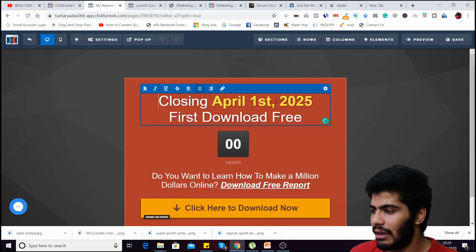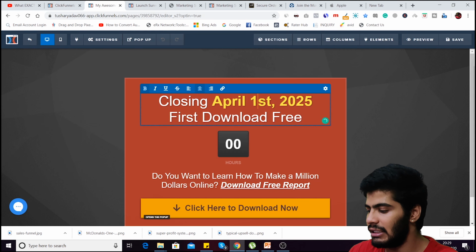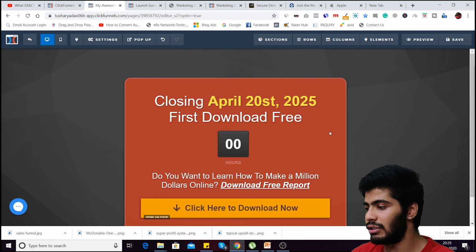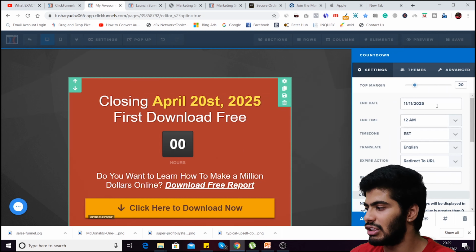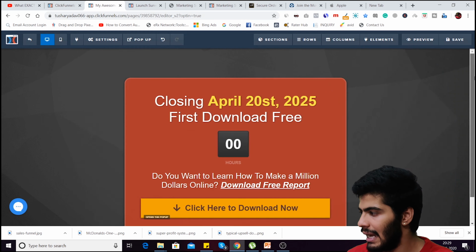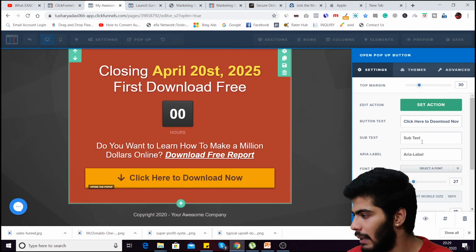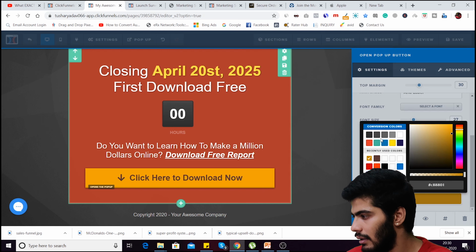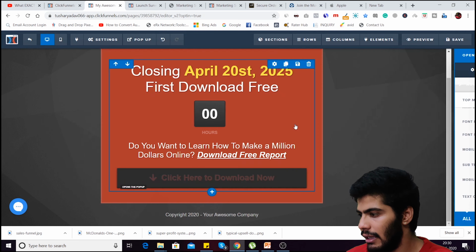If I want to change the date, I just need to change it, right? It is very easy to change things. We can change this date or something, and we can change the color of the button very easily, like this.